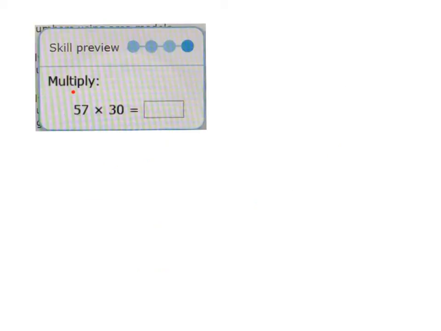This example says multiply 57 times 30. I'm just going to use the standard algorithm. Notice I'm going to rewrite it so it's easier for me to visualize. I'm also going to put that zero, the one with the 0 on the bottom, just because I think that's a little easier. There's nothing wrong with putting it on the top. 57 times 30 is the same as 30 times 57. That is that commutative property we talked about previously, but I like it on the bottom better because then I can go